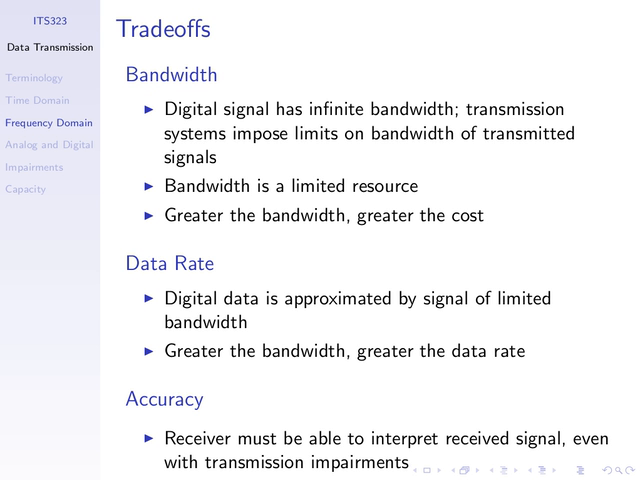So to summarise the trade-offs, when people design and choose communication signals for different technologies, they need to consider the bandwidth. And in practice, transmission systems impose some limits on the bandwidth. We cannot transmit at an infinite bandwidth. The bandwidth is a limited resource. We cannot use any frequency we choose. Normally,